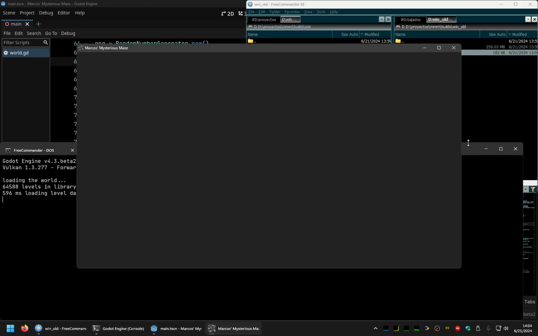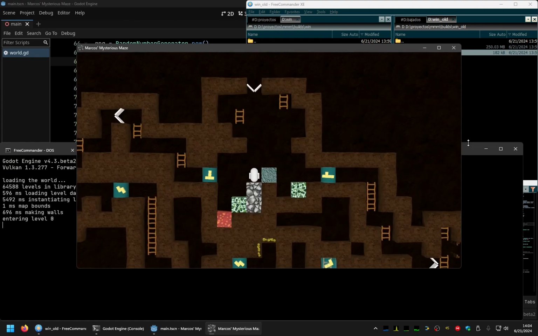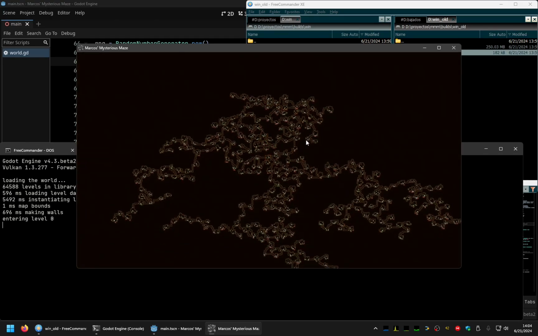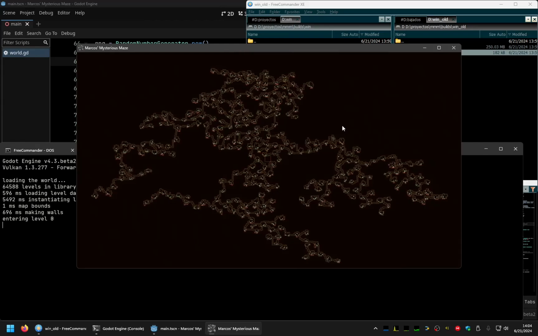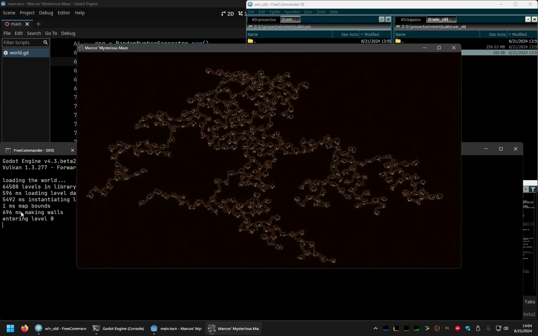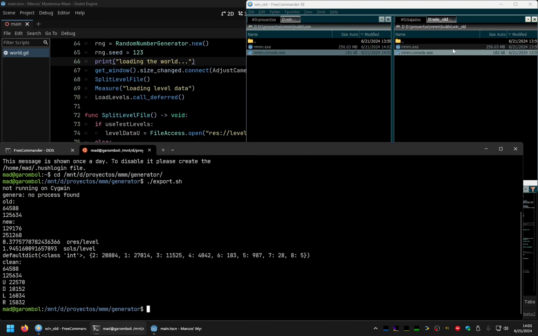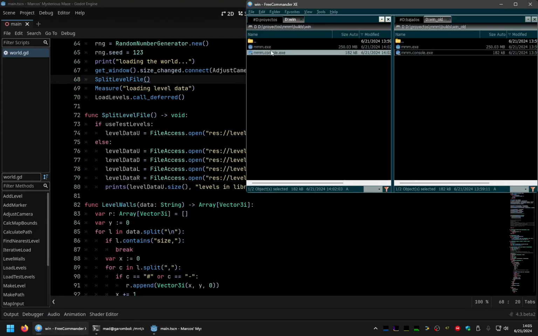This will load 300 levels from the same data as the new one, and as you see, it generates the world with the 300 levels, and it takes approximately 5.5 seconds instantiating the levels, while the new implementation